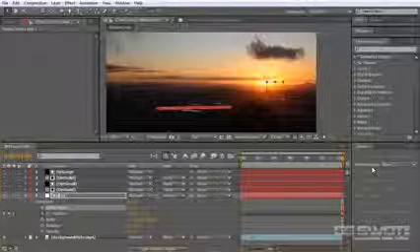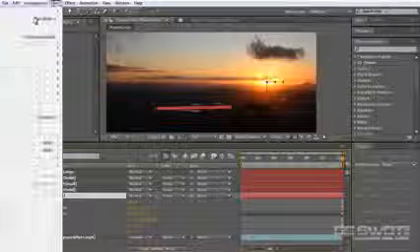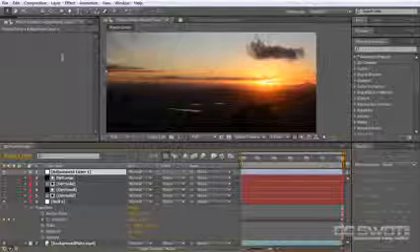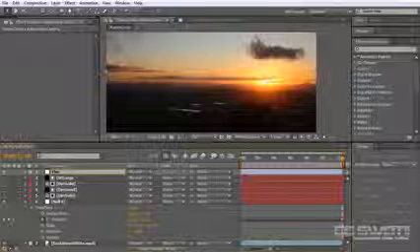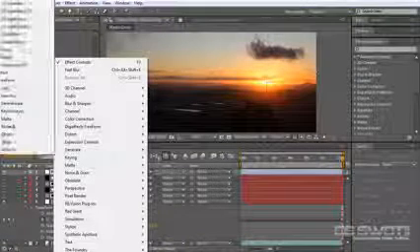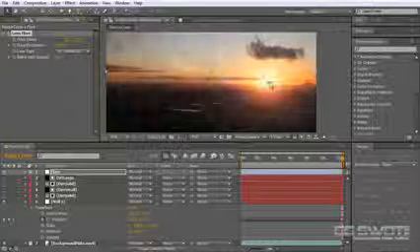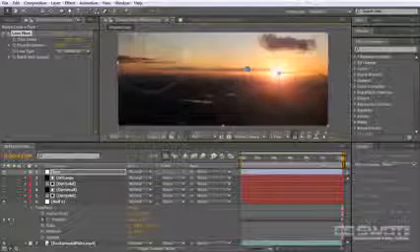But what we can do is a little bit of script, and it's not too difficult. What I'll do first is set up our lens flare. I'm just going to go for a new adjustment layer. We'll just rename it flare, and I'm going to put a lens flare on it just to generate lens flare, and I'm just going to move this over so that we can get a rough idea of how it's going to look,